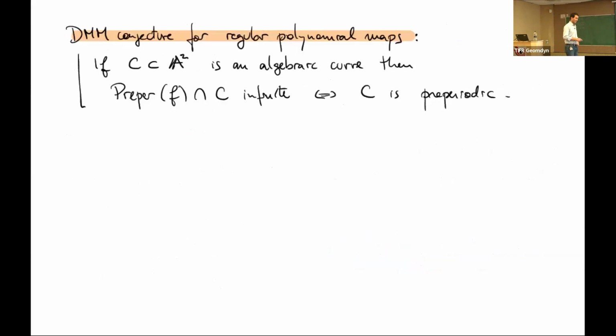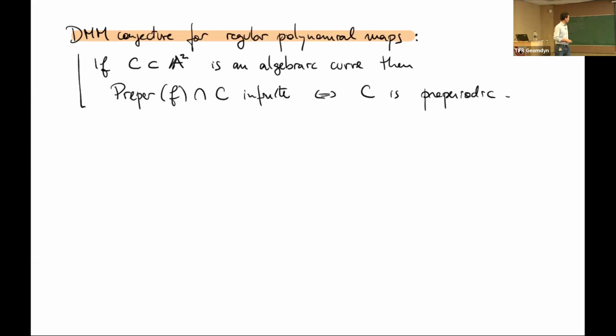Now in this setting, it turns out that there should not be any special examples, so the dynamical Manin-Mumford conjecture takes a very simple form: if you take any algebraic curve in the plane and this curve contains infinitely many preperiodic points, then it should itself be preperiodic. I did not state the definition of what special means, but you can check that the situation referred to as special in the conjecture does not happen for polynomial mappings of the plane. So here the conjecture is that simple. This is what we want to study.